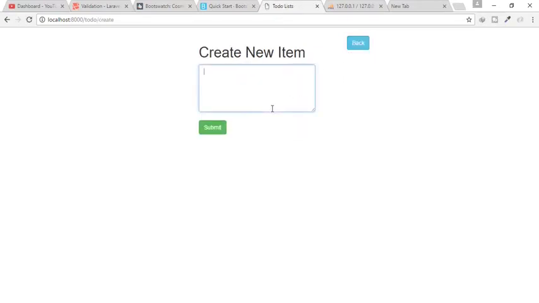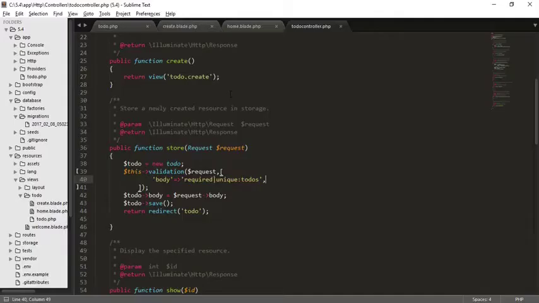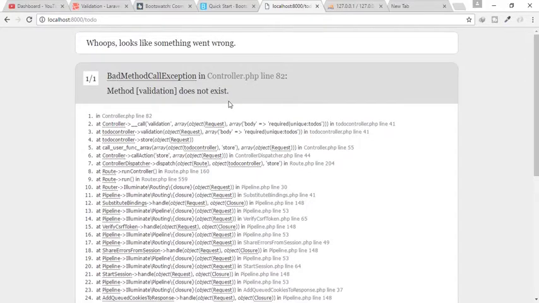And when I copy this, add new, say click here and click submit, and validation does not exist. What happened? Okay, the problem is this is not validation, this is validate. Okay, now hit enter,